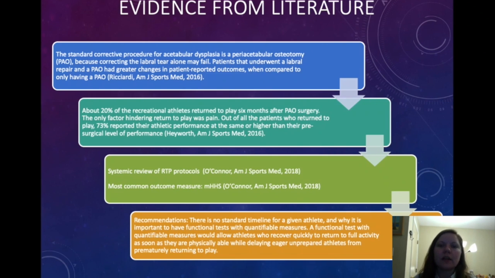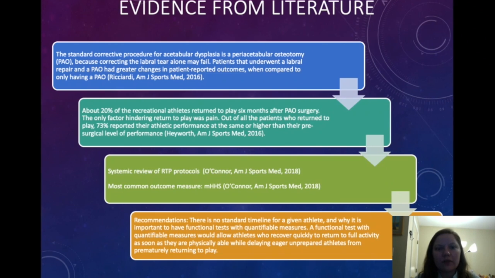It provides mostly subjective data, but there's also some objective data in there as well. So I wanted to also get more objective data by doing the BESS testing, the isokinetic testing, other things that we've learned about in class, just to make sure there's well-rounded evidence that they are ready to return to play. And then the systematic reviews had some return to play protocols, but they are all vastly different.